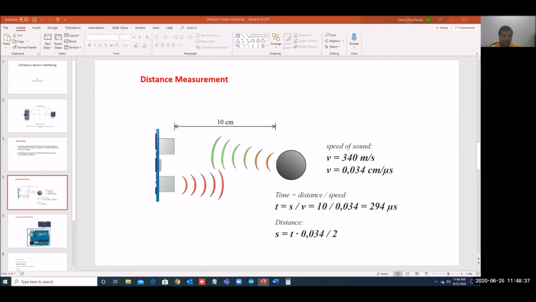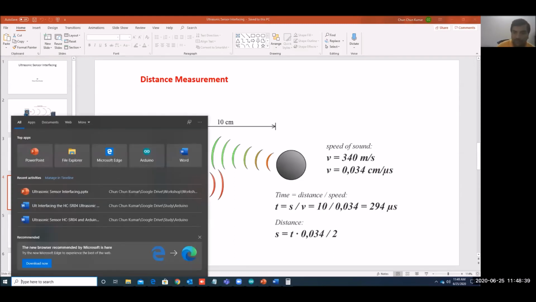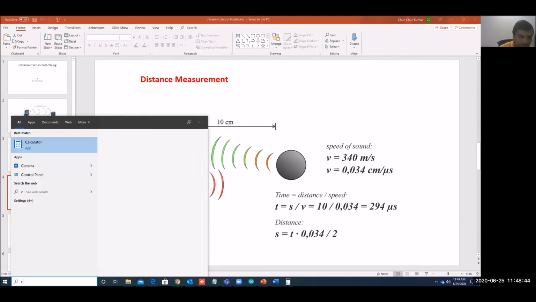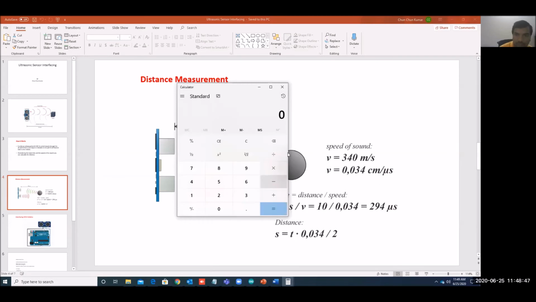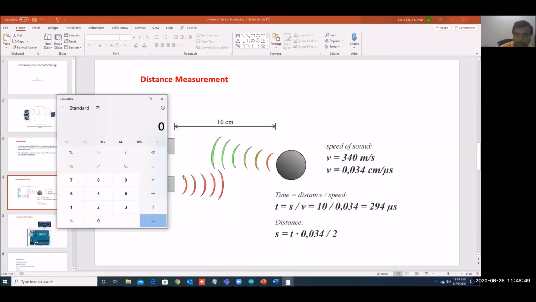So here let's see. 0.03 will be microseconds. So time into speed equals distance.